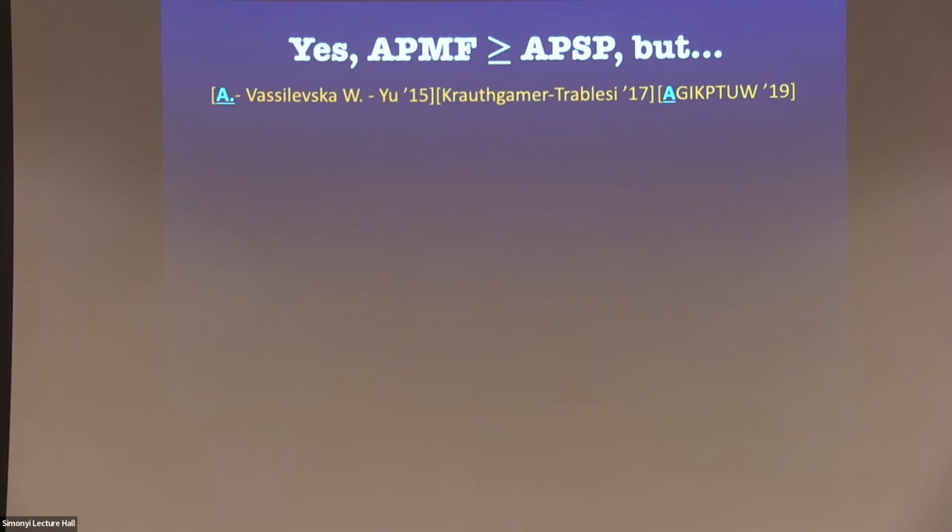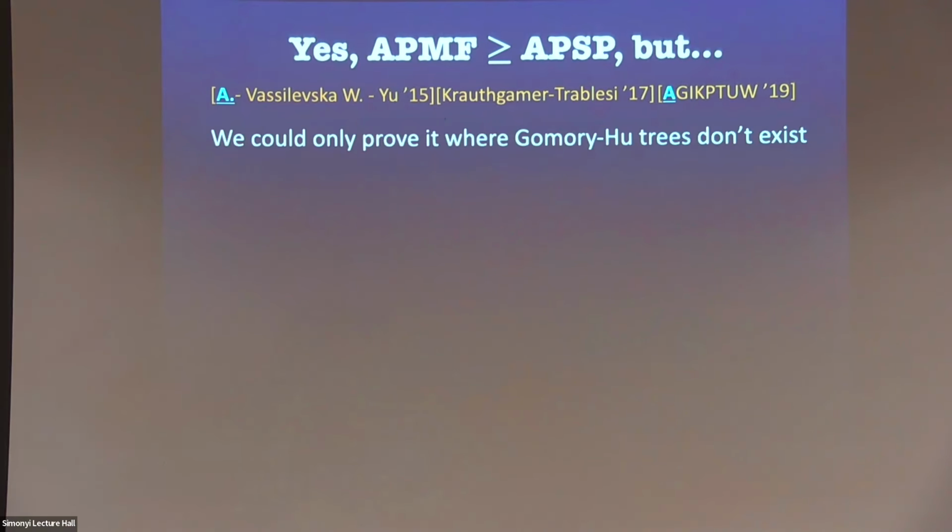So we had this class, and all pairs max flow was not classified. We really tried hard to do it. It was something I thought about from a very long time ago. We did have some results. We did show what we believe, that max flow is harder than shortest path, but we could only show it for directed graphs,